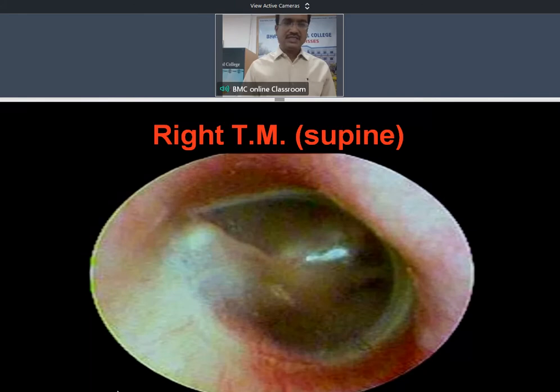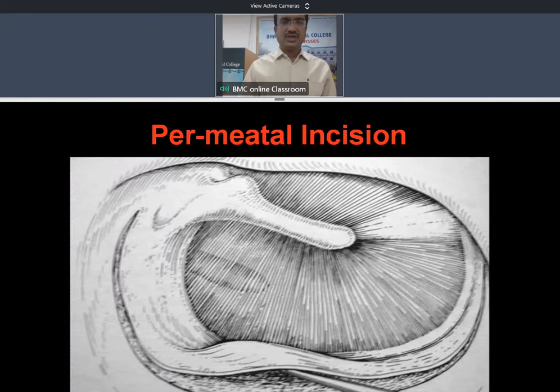We are doing the surgery in the right ear. First we will make an incision in the external auditory canal, 6 to 7 millimeters lateral to the bony annulus or tympanic annulus. That is called the Rosen's incision. This is the incision site. Then you will elevate the external auditory canal skin along with the intact tympanic membrane. This is an important step. You should not damage the tympanic membrane during this elevation of the tympanomeatal flap.